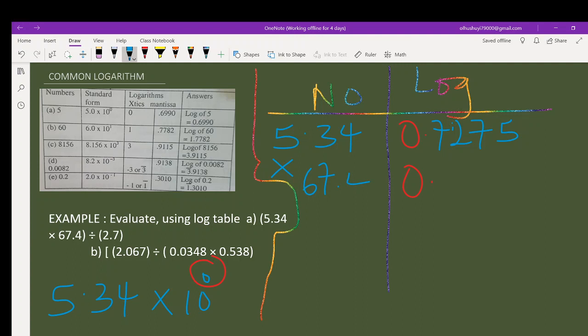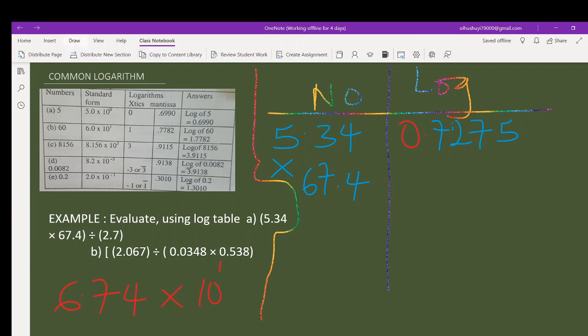67.4. So that implies that our characteristic will be different. The decimal is supposed to be here when you write in standard form. If you write this in standard form, it is supposed to be 6.74, then times 10 raised to the power what? 1. That will return this decimal back to this place. So our characteristic now will be 1